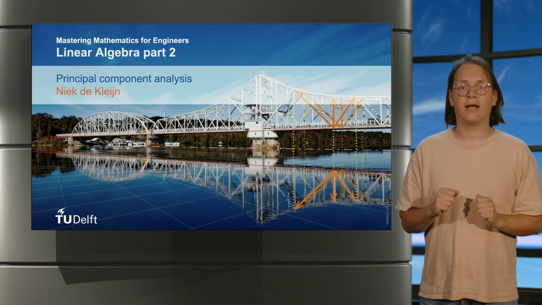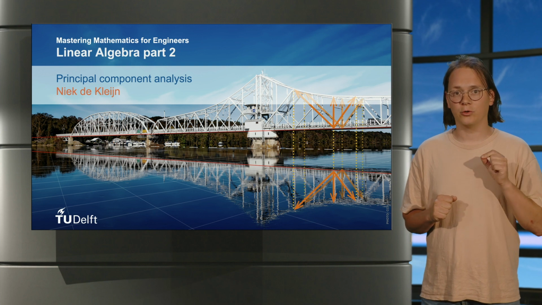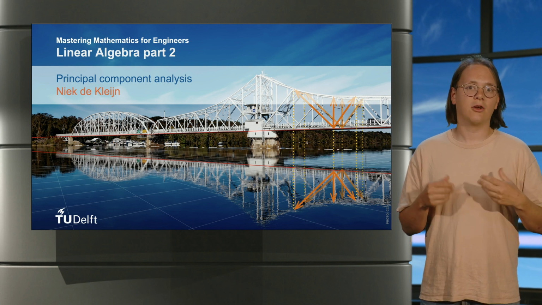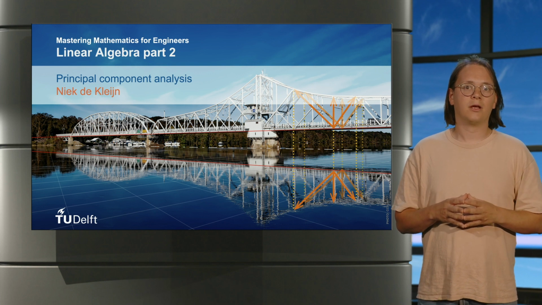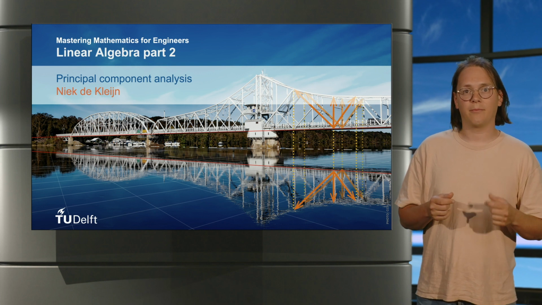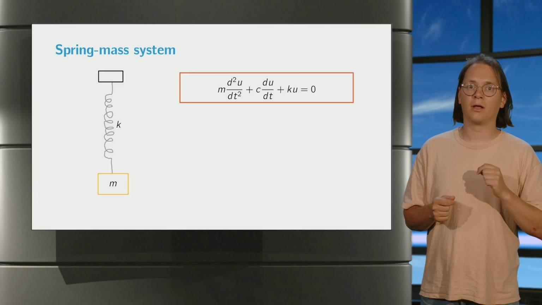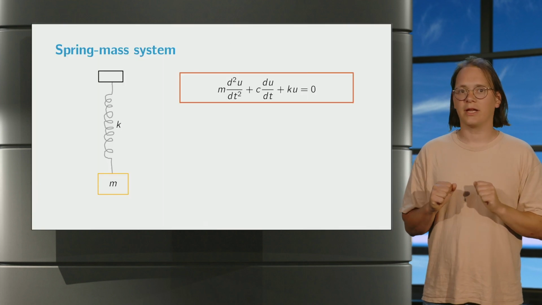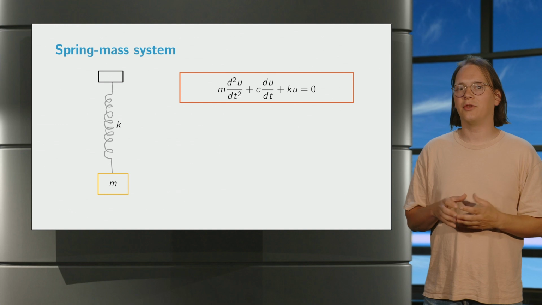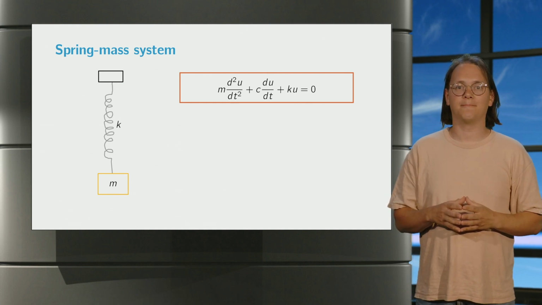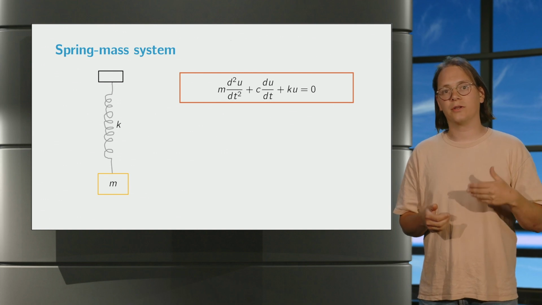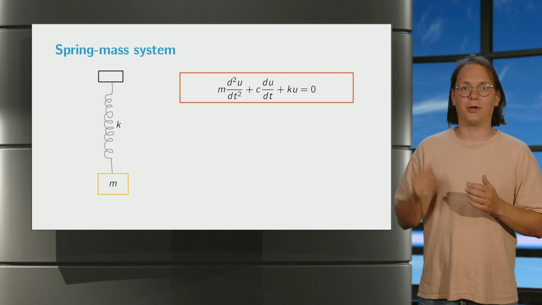Principal component analysis allows us to determine what the most important dimension is in our data. And so we may focus on those. The technique will become best apparent by considering an example. So let's consider a physical setup, where we actually already know the dynamics, but we see how we might rediscover that dynamics from data. In particular, we'll consider this simple mass on a spring system.